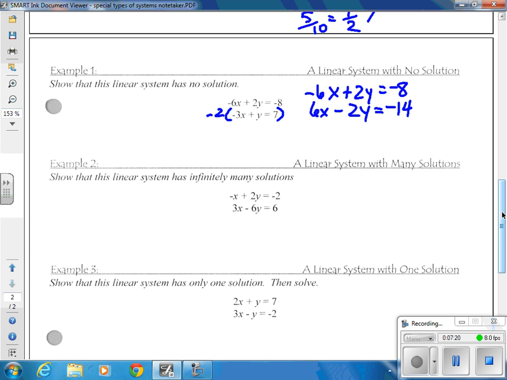Here's how you know when you have a special case. When you go to eliminate, you notice all of your letters eliminate. That leaves you with 0 on the left-hand side equals -8 minus 14 is -22. When those two numbers are different, that's going to automatically clue you in that this is a no solution system. And with no solution systems, that means that they are parallel lines,